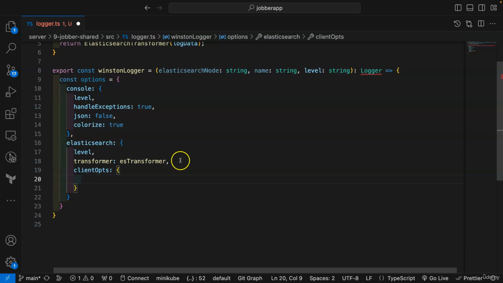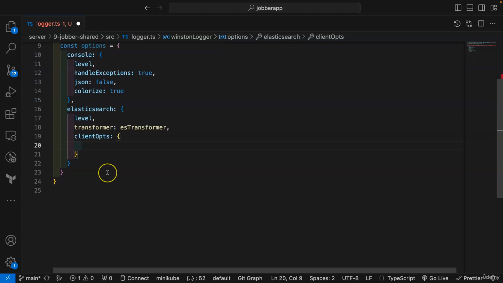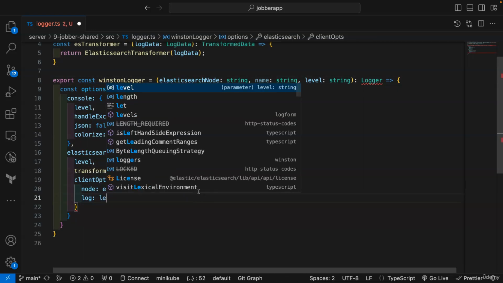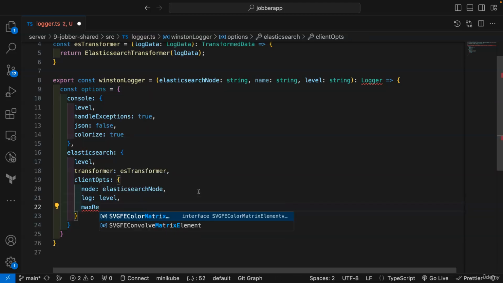The client options will allow us to set the node URL, set levels, and some other properties. In these client options, we pass the node. The node is going to be the Elasticsearch node URL. Log will be whatever our level. Then max retries, set it to 2,